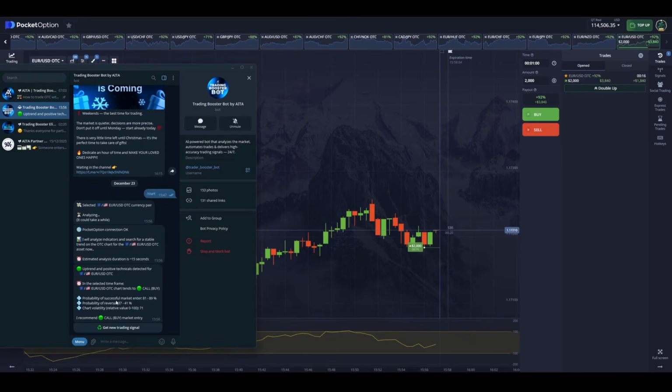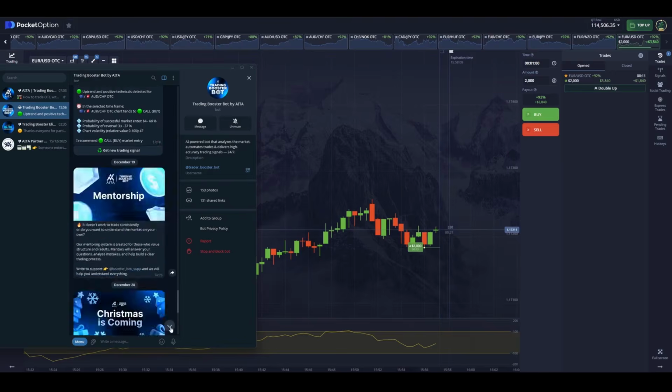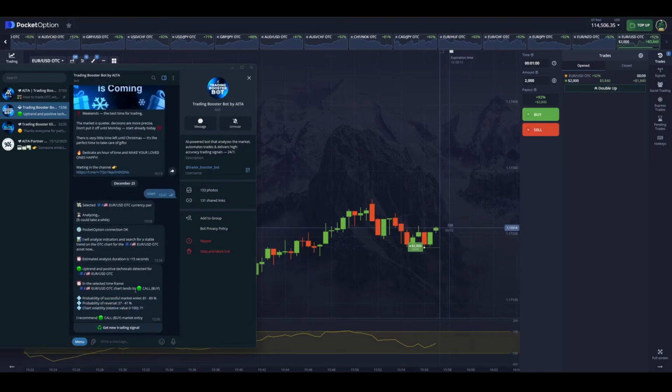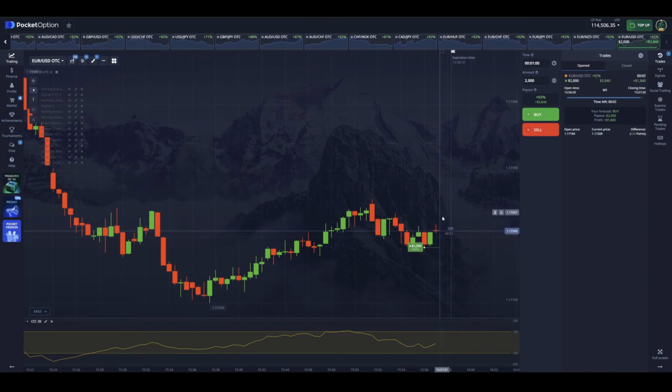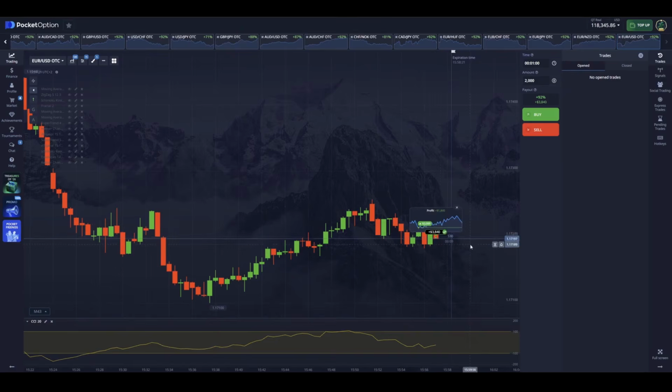You need to watch your entry points. How do you do your analysis? Which currency pairs do you choose? And the better you do all of this, the better your statistics will be accordingly. The guys who consistently keep a close and careful eye on their entry points, as well as the specific currency pairs they choose to trade, really do manage to make money with it over time.